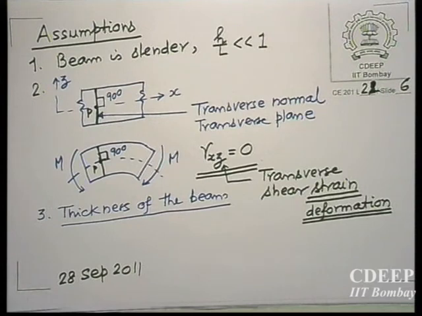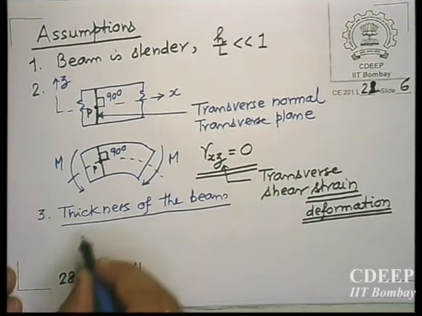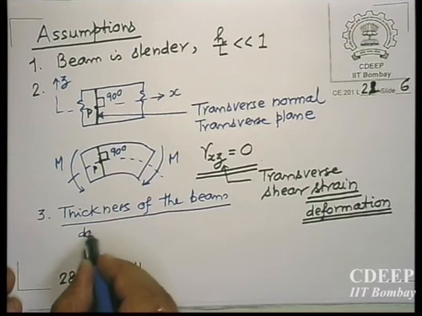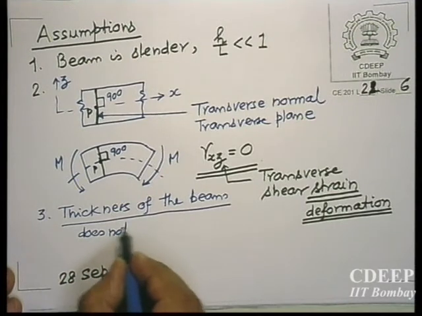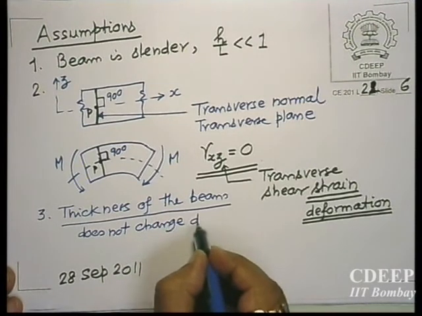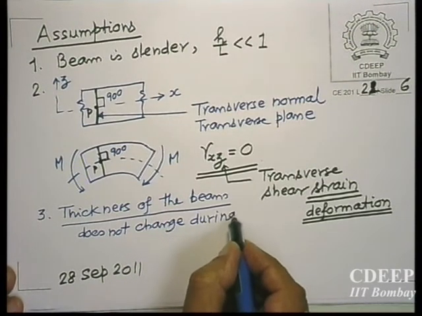Will it become less, more, or will it not change? Now, if the beam is slender, there has to be some change. But then what these two gentlemen, Bernoulli and Euler, assume is that let us say the thickness of the beam does not change. They said that let us assume during deformation,